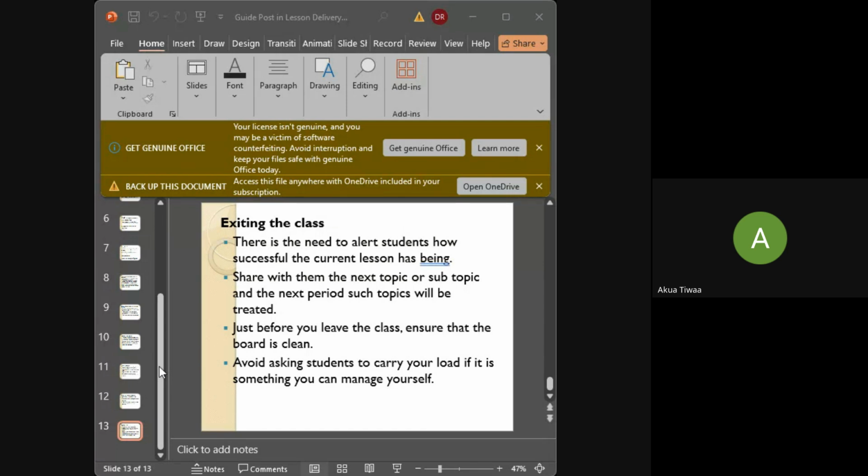Unless, of course, you have arranged with the other teacher to use his or her period at this moment, and then maybe he or she will also use the next one that you have. Other than that, you need to rub it. Once it is time for the next lesson, you need to make way for that one. Thank you, madam. Yeah, welcome.